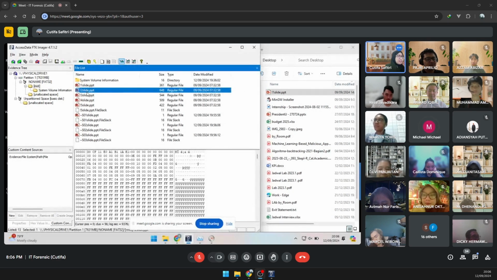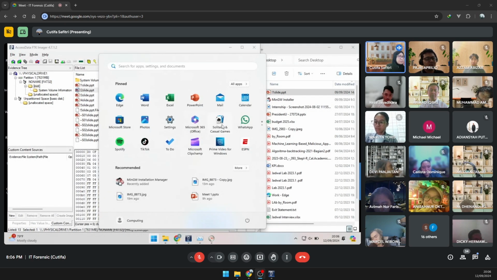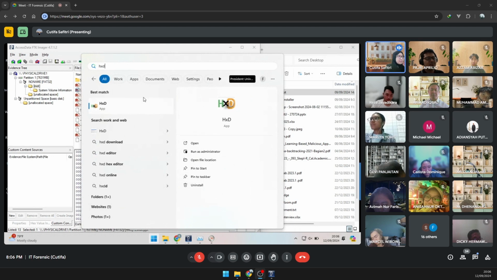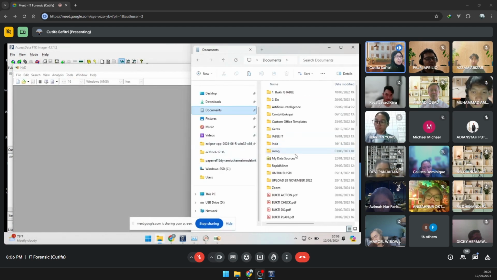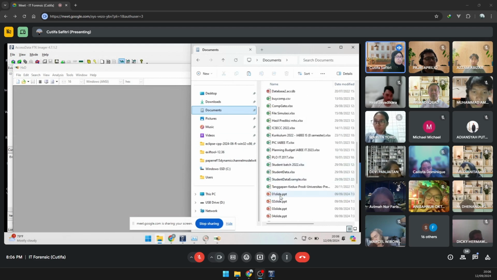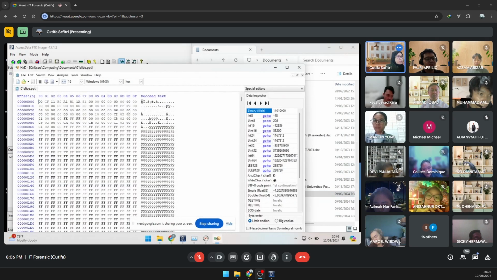Let me show you the difference, Michael, between the data that is still there and the data that has been deleted. We have a file type, and this is the real slides, the slides that are still intact. If you notice, the header in here is docf11eo. This is the header of the file, and it denotes that this file is a PPT.